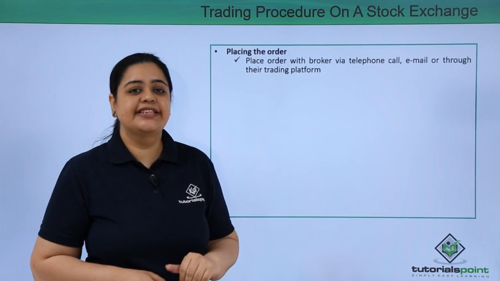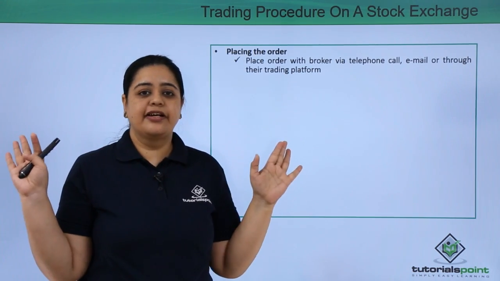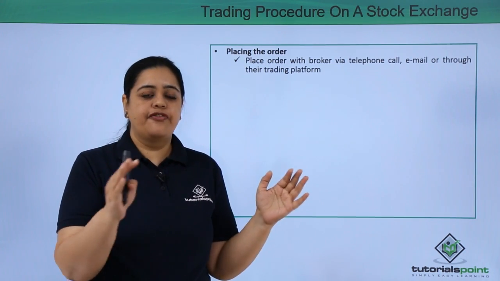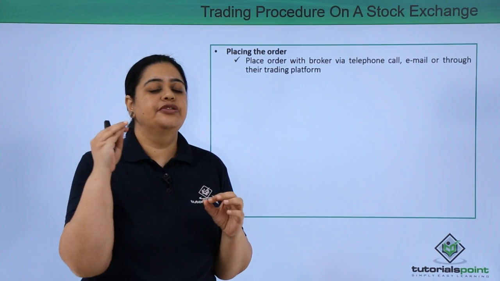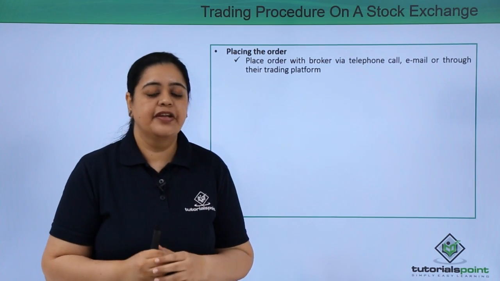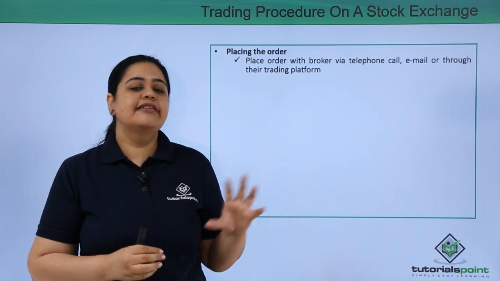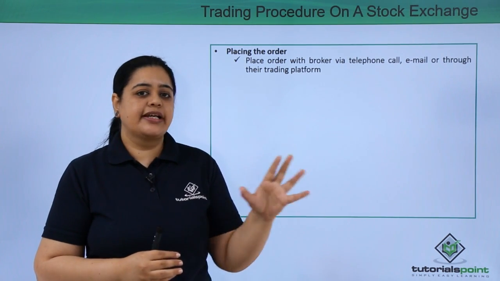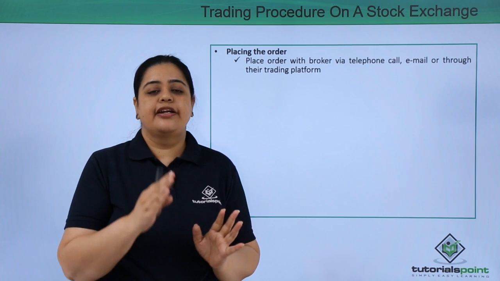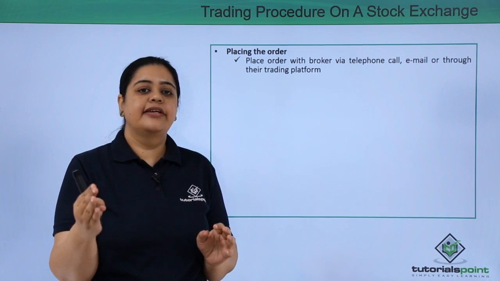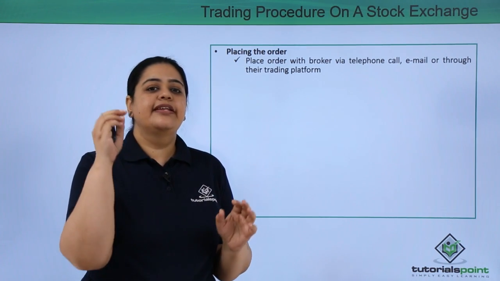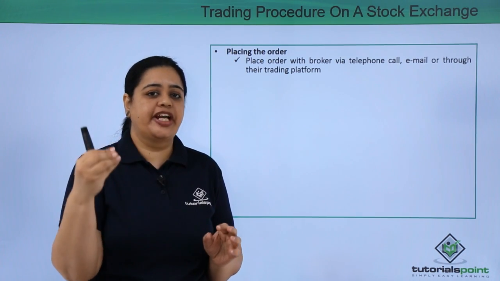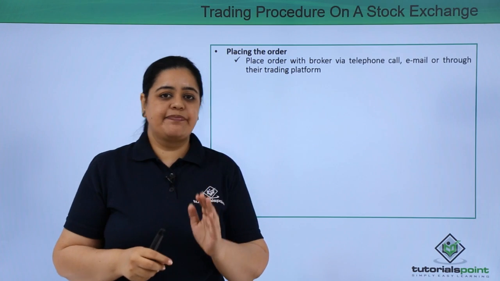Now let's see the next procedure. Then you will place the order. Now the demat account is open, the broker will also open an account of yours with him. You will have to have some margin money. What is margin money? This is a certain percentage of money which the broker will say you will have to keep when the account is opened with him. Based on this margin money you can trade. The settlement is T plus 2.